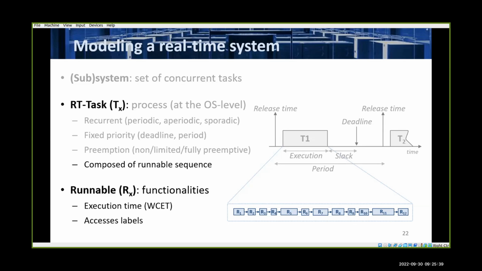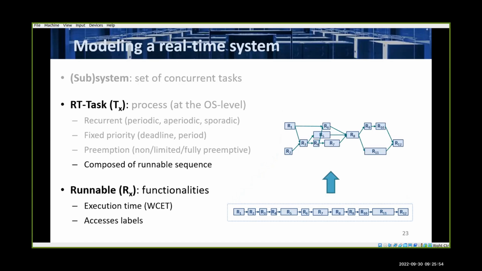But if we are using massively parallel systems that not only can handle the concurrency between real-time tasks, but also the parallelism between functionalities, then the access to labels can define exactly the same that we can define with tasks and dependencies, because this is a data flow